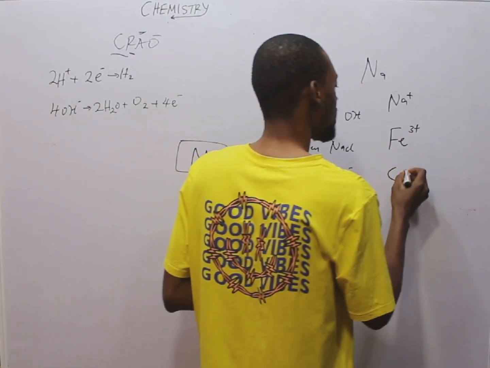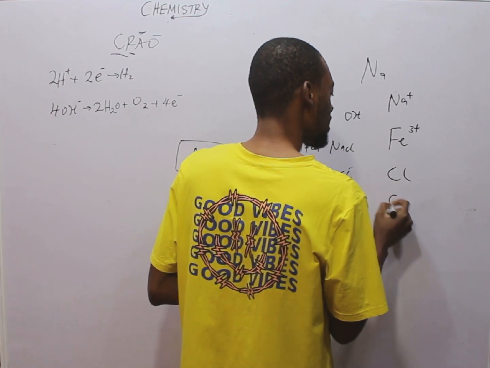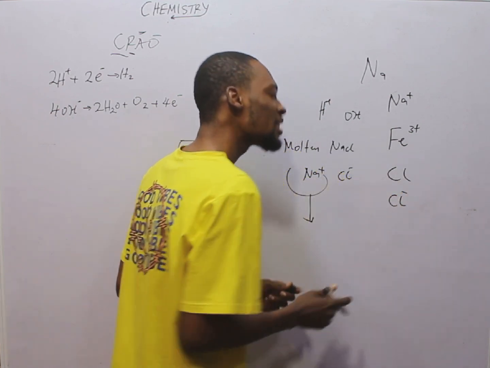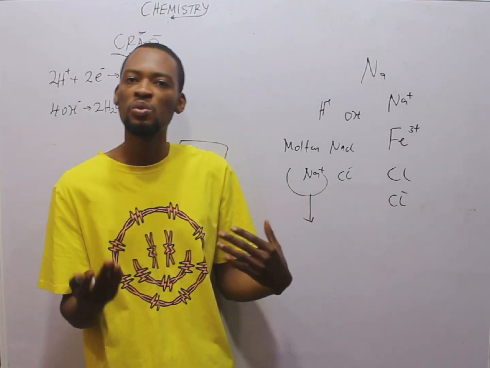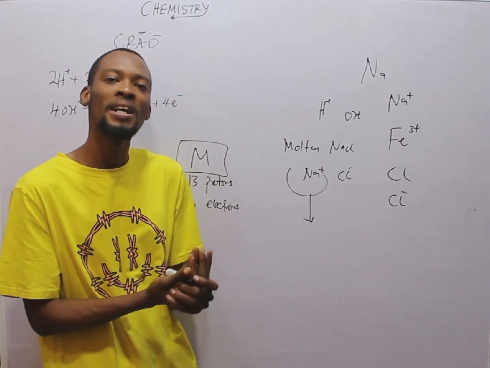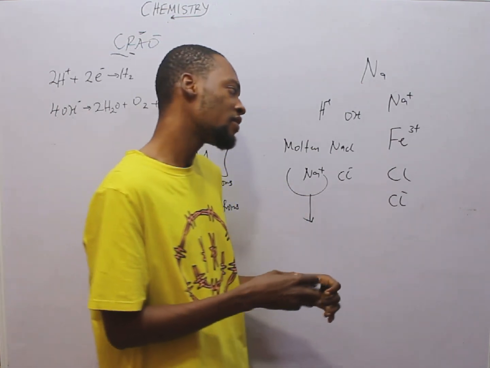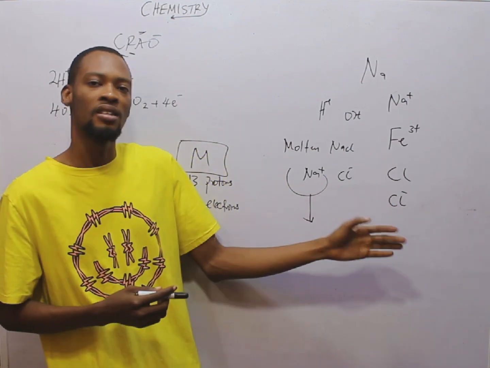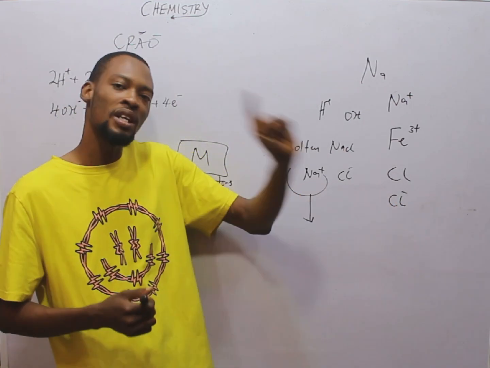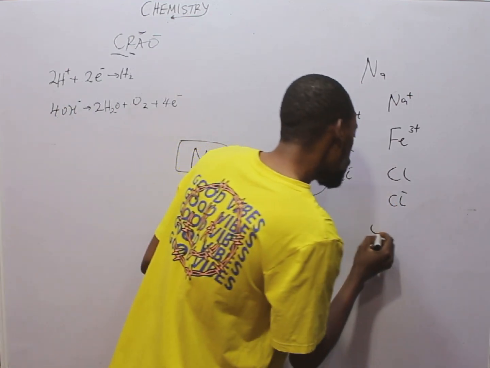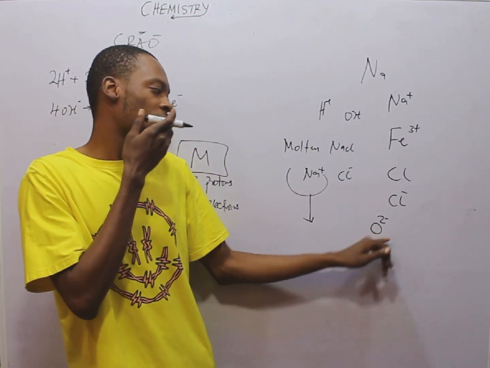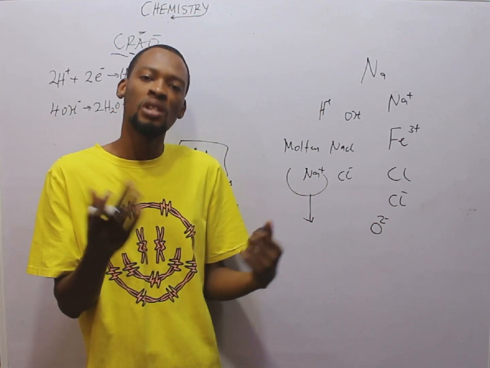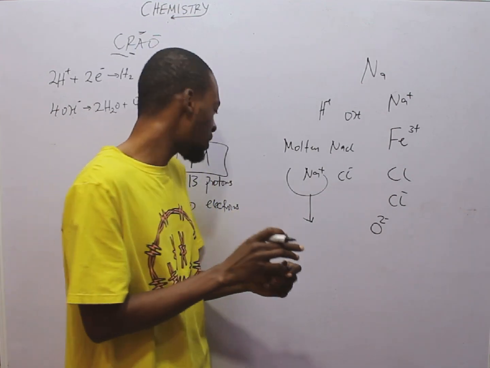If I give you Cl, this is a chlorine atom. Cl-, this is a chlorine ion. Minus is the same thing as -1. If it were -2 or -3, you see 2- and 3- respectively. So minus simply means gain. So in this case, chlorine has gained 1 electron. If I give you O2-, this is an oxygen ion. Oxygen that has received 2 electrons. Now back to the topic.